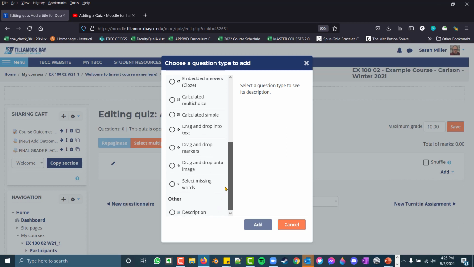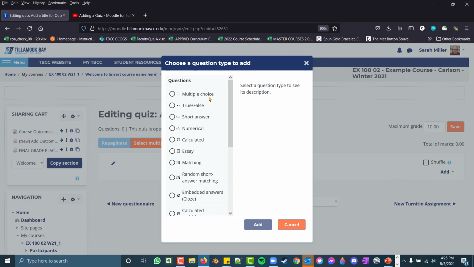And you can see there's tons of options here. If you click on one of these, you get a little bit more detailed description. True, false, short answer, calculated. And let's see, essay, if you want an ungraded response, an essay is probably the best option for that. So we'll add a multiple choice, click Add,